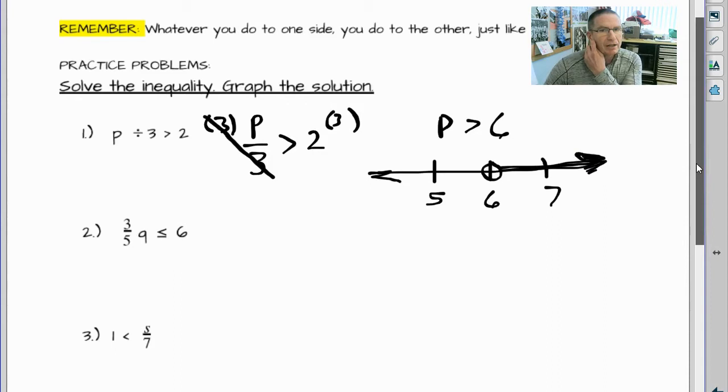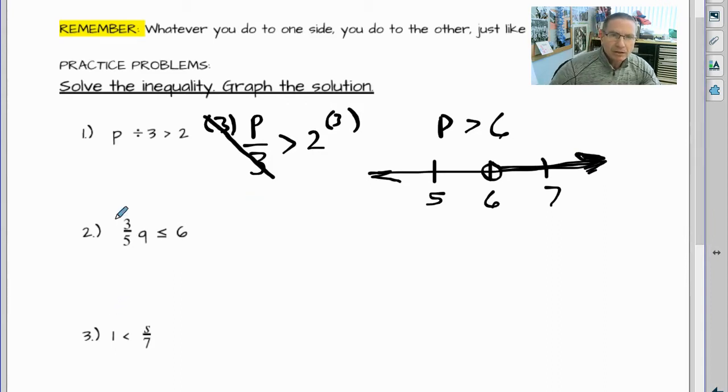Okay, next one, we've got a fraction again. If you remember, we can multiply by the reciprocal here, which is 5/3. So I'm going to multiply both sides by 5/3. Again, this might be a calculator problem for some of you. That's going to cancel this out very nicely here. That'll leave us with Q on this side,